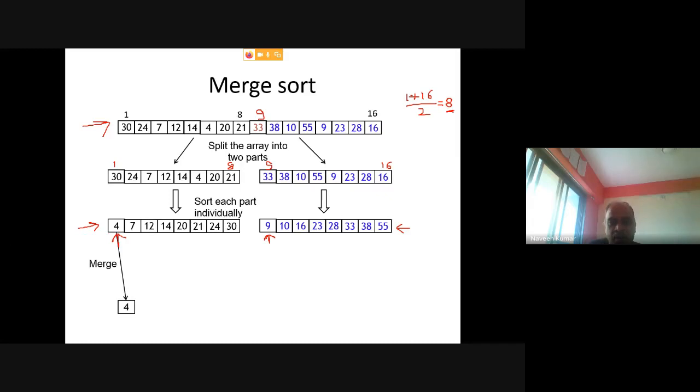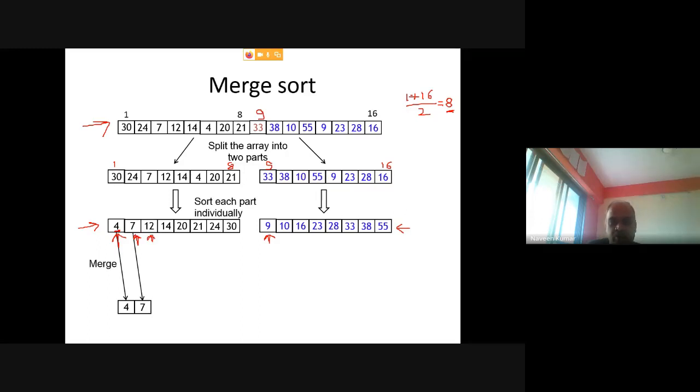Since 4 is smaller than 9, store this 4 in the final sorted array. Then shift in this array: this element is already stored, so move one cell to the right. So 7. Now compare 7 with 9. 7 is smaller, so put 7 here in the final sorted array. Then move to 12.